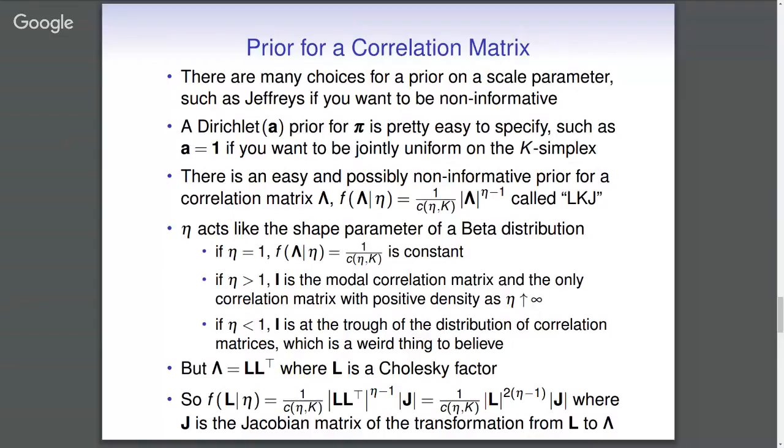But for a lot of things, particularly if this is for error terms or something like that, you don't think that there's going to be that many big correlations. Most of the correlations are going to be kind of small, maybe a little bit positive, maybe a little bit negative, but something kind of close to the identity matrix, even though not exactly the identity matrix. If you make eta less than 1, then the identity matrix is the least likely correlation matrix. There's a trough in the density at the identity matrix, which is just a stupid thing to believe in most cases. So you really want to take eta to be 1 or maybe a little bit bigger for most purposes